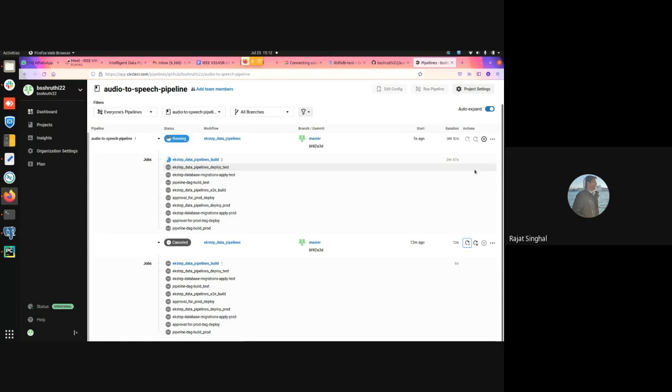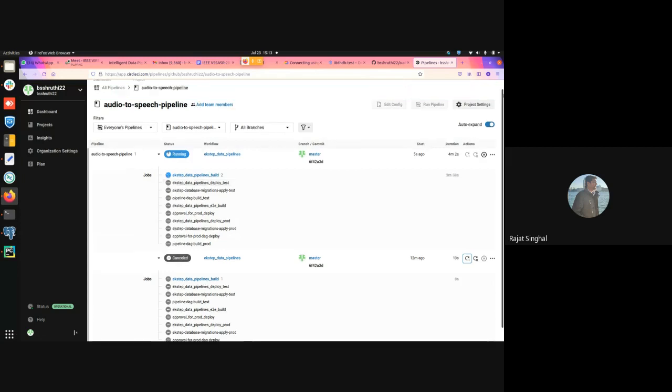As you can see, the repository that we forked automatically came as a project in Circle CI. We have defined everything in Circle CI. So if you open the original text to speech repository on your local machine, in PyCharm, basically, if you open PyCharm,